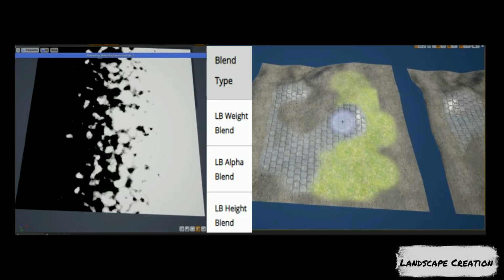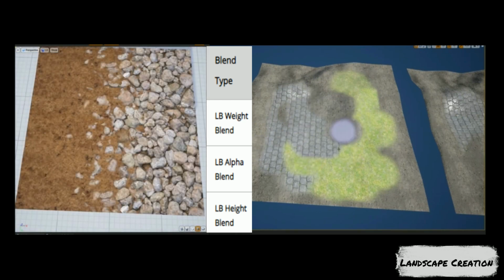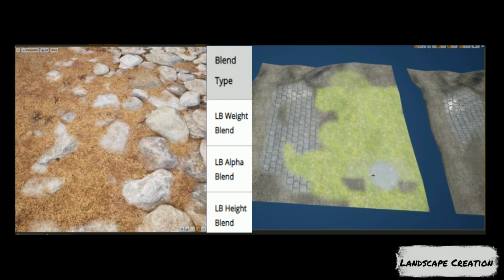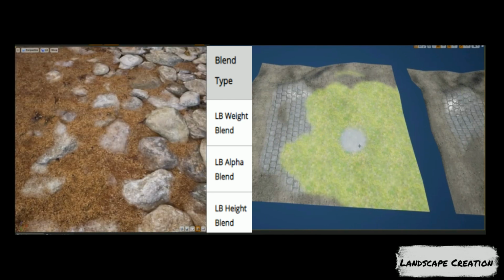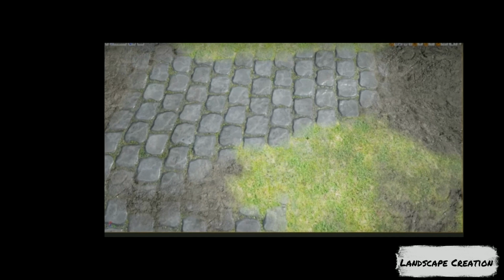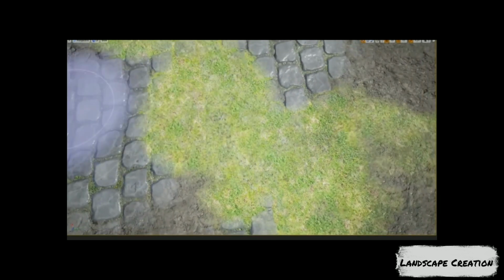The landscape layer blend node allows for the blending of layers via weight blending, height blending, or alpha blending. Weight blending uses each layer's painted weight to determine which to display. We use weight blending where we want two surfaces to blend seamlessly into each other, such as rock into sand. Height blending uses the same weight information along with an additional height value taken from the texture sample's alpha channel